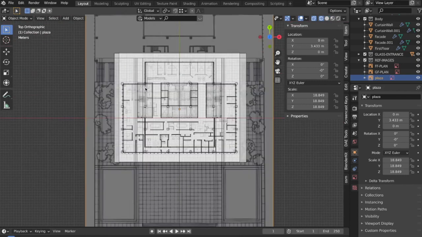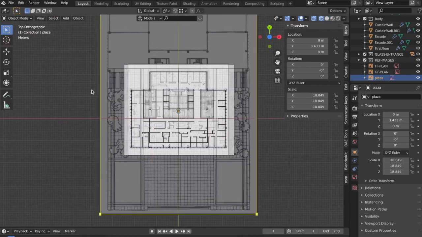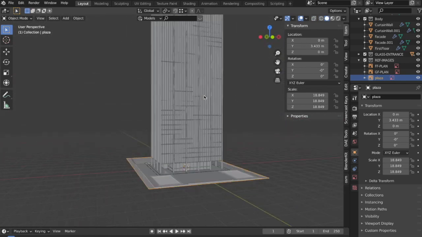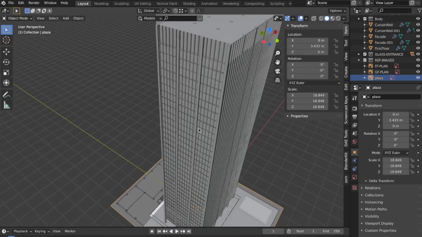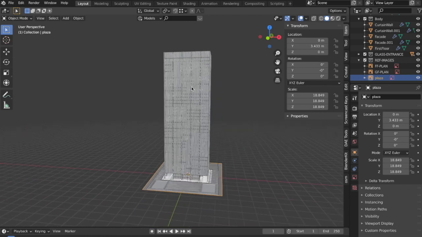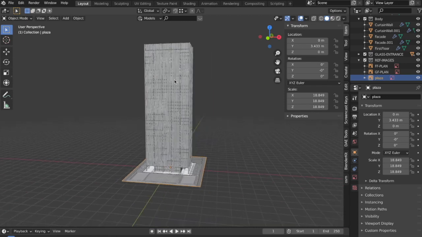Now if you go into this plaza view from the top view, what you can see over here is that there are trees which we are not going to model. We are going to bring them from another Blender file which I downloaded, but we are not going to do it in this part. We are going to do it in the other part in which we are going to render this building for architectural concept renderings. But for this part, this is what we are making and this is what we have made. All of us reached till the end of it and we have finally modeled the Seagram building. If you don't know about it, you should read about this marvelous building and how it helped move architecture forward and what the architect had to contribute to the community.